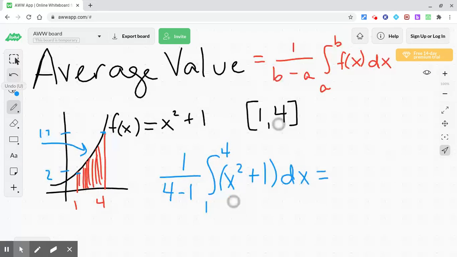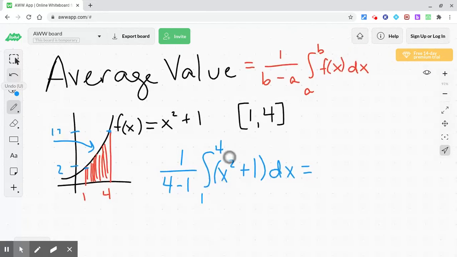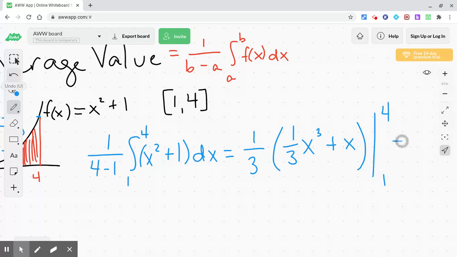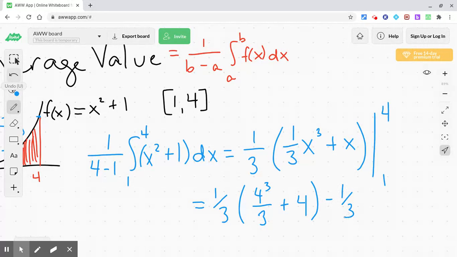So we're going to zoom out here just a little bit, maybe. Move this guy over. So 1/3 times the integral of x squared plus 1, which is 1/3 times x cubed over 3 plus x, evaluated at 4 and 1. Equals, actually we'll come down to the next line, 1/3 times, I'm going to put in my 4, so 4 cubed over 3 plus 4 minus, if I put 1 in, 1/3 plus 1,